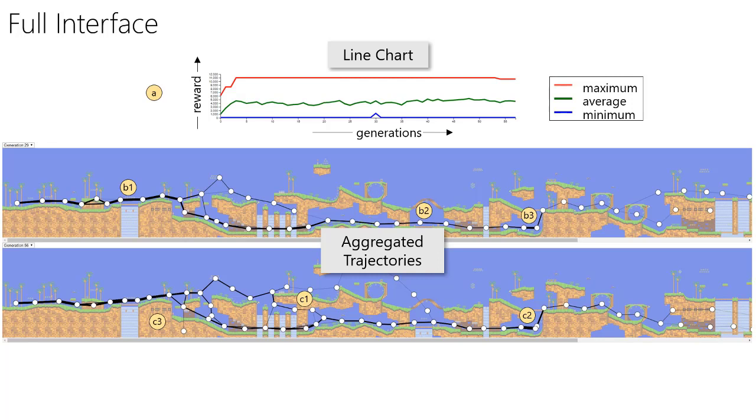The specific goal of the visualization is to enable visual analysis of the navigation behavior of agents and to assess the difficulty of obstacles. To this end, assuming that different levels of training can reflect different levels of human expertise, we compared the behavior of agents from different generations. Two maps of the selected level are shown below the line chart. For each map, there is a drop-down menu to select a specific generation of agents.